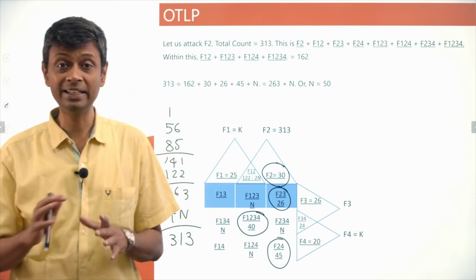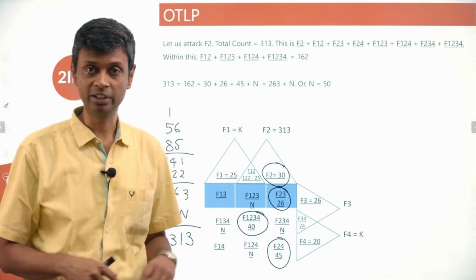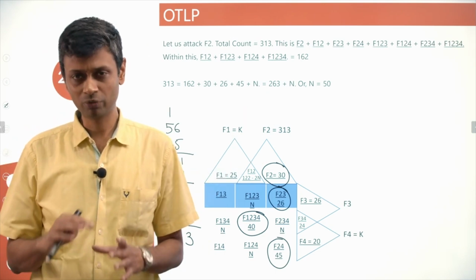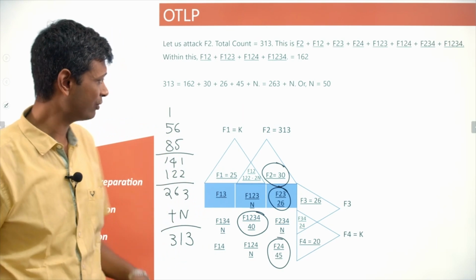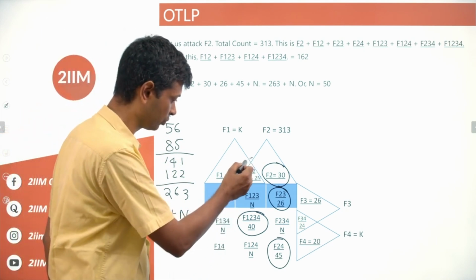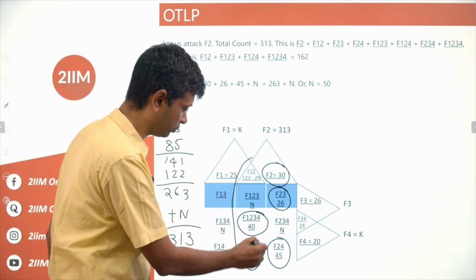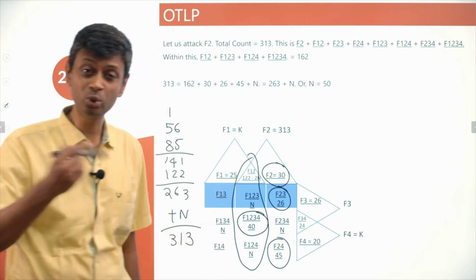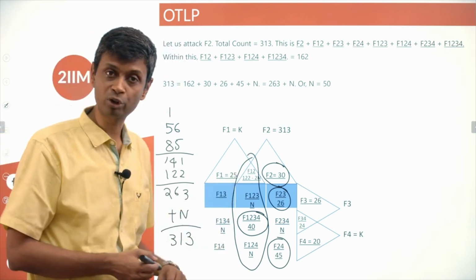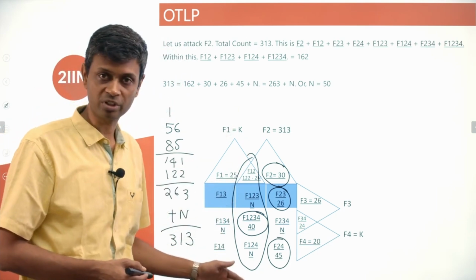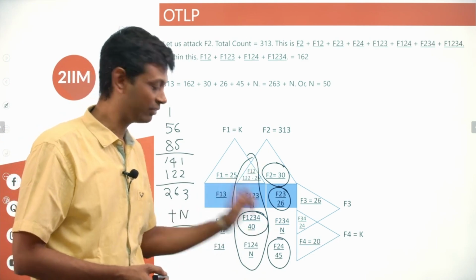So using the idea that F2 is 313, we can plug in anything else. You could have done a slight variant. F12 intersection is 162. So you could have said all of these add up to 162. We used that to even plug in 122 minus 2n. This whole thing adds up to 162. And then we have these 3 numbers, we can find n.